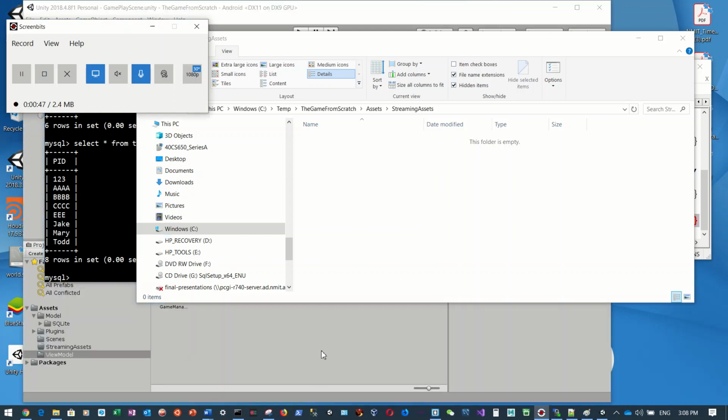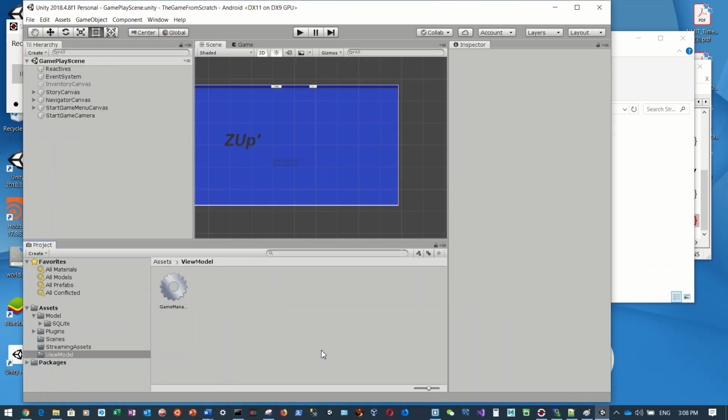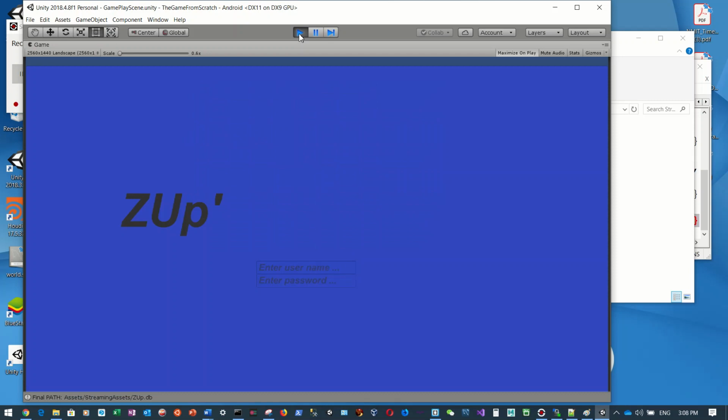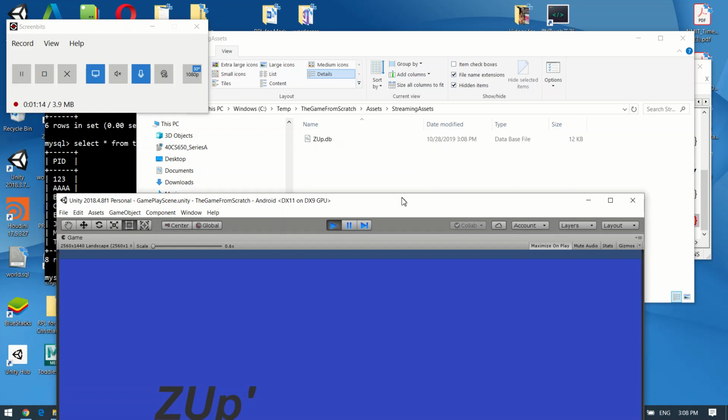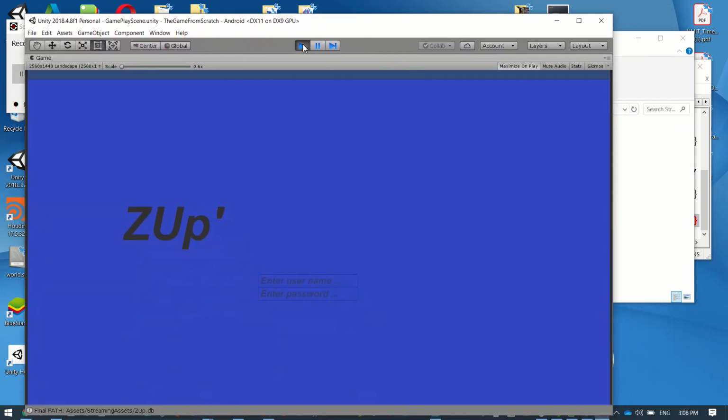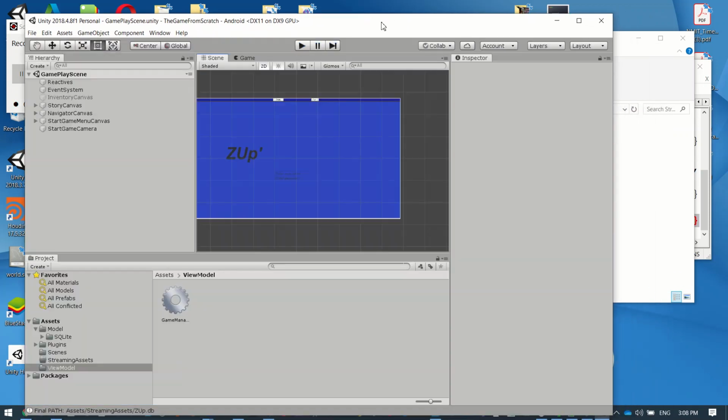Okay, so the game from scratch is sitting inside Unity Editor, and I will run it. So that's now run, and you'll notice down here at the bottom it's got a final path indicating where the database was created. It's over here that a file called setup.db has been created. This is a SQLite database. I'll stop the game and we'll see that